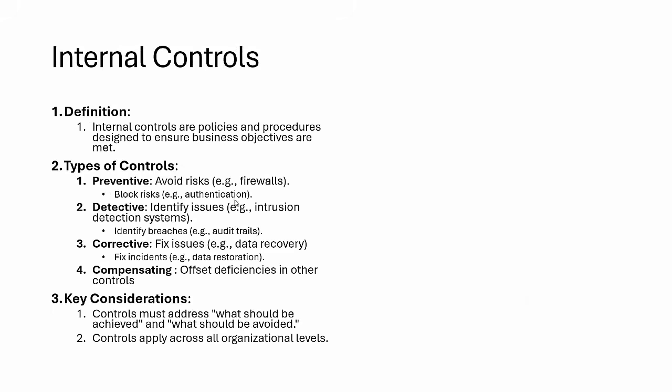When you're doing an assessment, you find some controls, because controls are introduced to reduce the impact. First is preventive control, something you introduce to prevent or avoid the risk. So a firewall is there, implementing authentication so no one can hack. Second is detective control, where you identify issues, like an intrusion detection system, identifying breaches, audit trails and all that. Then we also have corrective control. Corrective control means if any successful incident occurs, then we have to take corrective action.